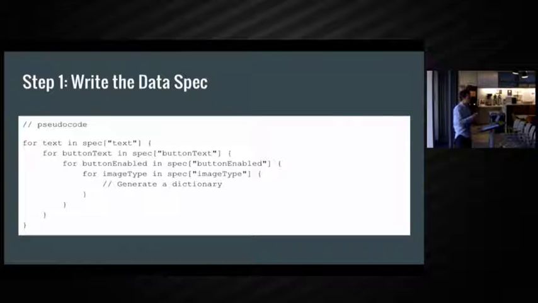There is a really easy property you can set to say, hey, I have a complex data spec, please give me a linear number of data objects instead of an exponential number. We haven't needed to do this much. We just have a couple of tests which use complex data specs, but it's an option, so you can definitely use it.